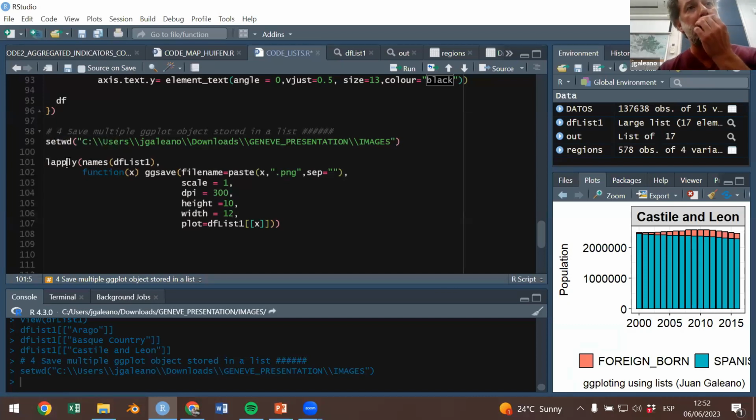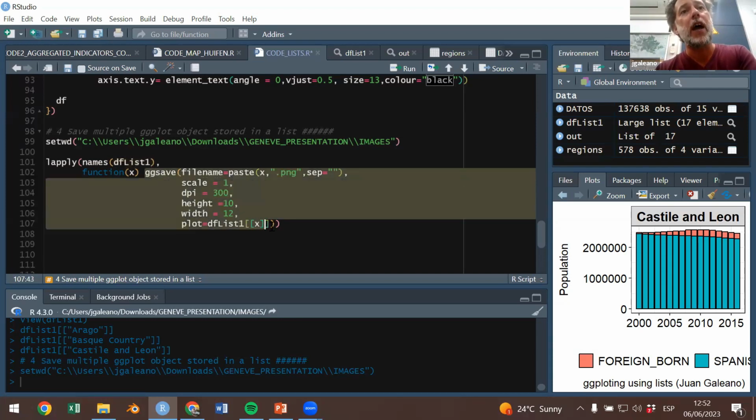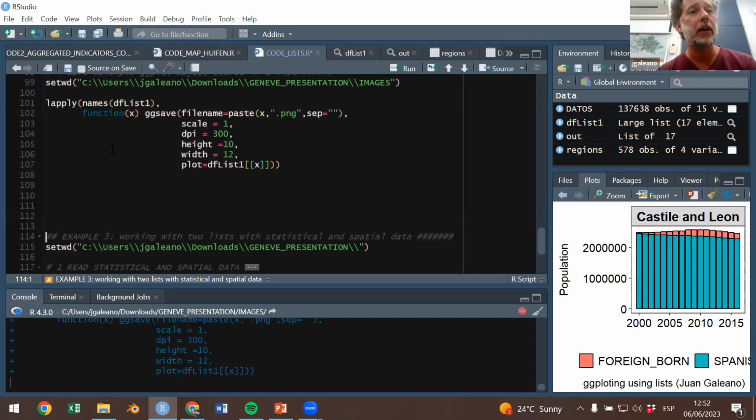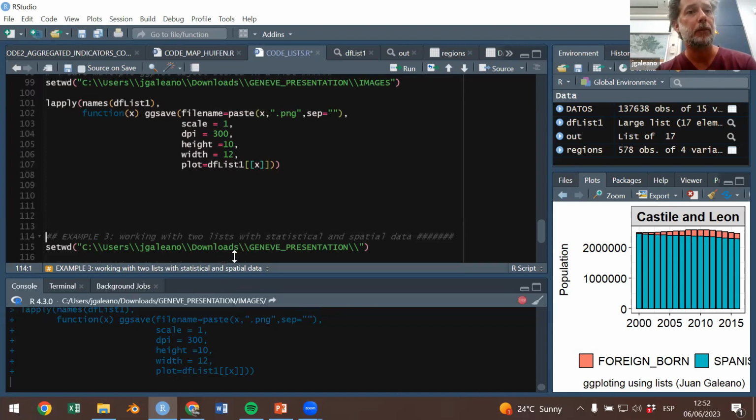So I will use the apply function over the names of my list, because the names, remember, are Andalusia, Catalonia, Aragon, and so on and so forth. And basically, I will use the ggsave function as usual, as I always use the ggsave function for saving my plots. I will use it normally, but this will execute and produce the 17 different plots at once. It will take a couple of seconds, but